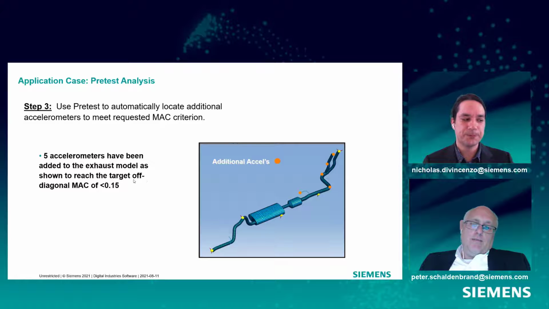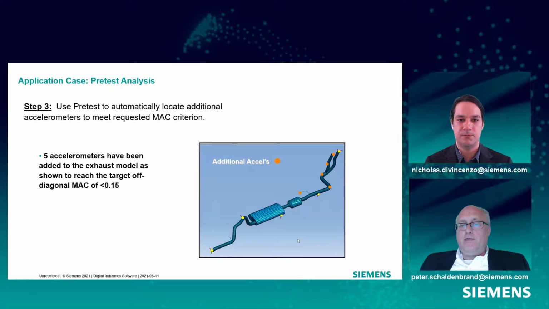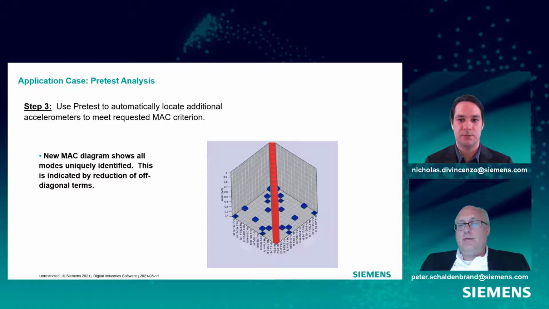So yeah, here we can go in and it'll pick out some points. And it'll show us our off diagonal back. So initially we had some pretty high off diagonals. Along the diagonal, it's normal that it's a full 1 because it's the same modes, just at a few points. Like in this case, it was something like 4 points. And then when we went to 8 points with additional nodes, we got the off diagonals very low. So we had some good idea that we have enough points identified to do our measurement.